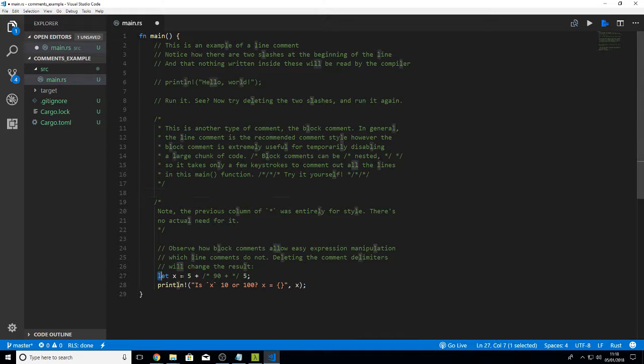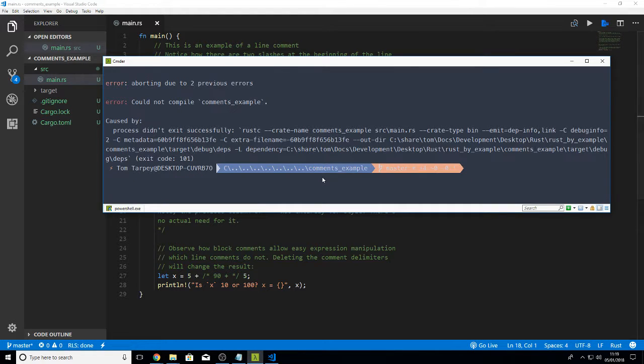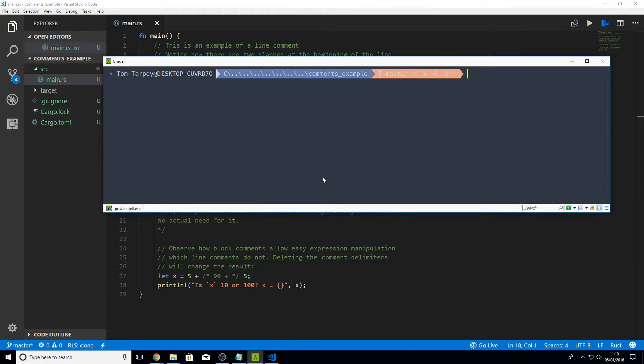So back to this. When this runs, it sets x equal to 5 plus 5 basically because of the comments, and this is supposed to teach you that there's differences between adding comments and not. I'll make sure this is saved. Control S. There we go. And now I will clear this and do a cargo build, and you'll find it actually goes.